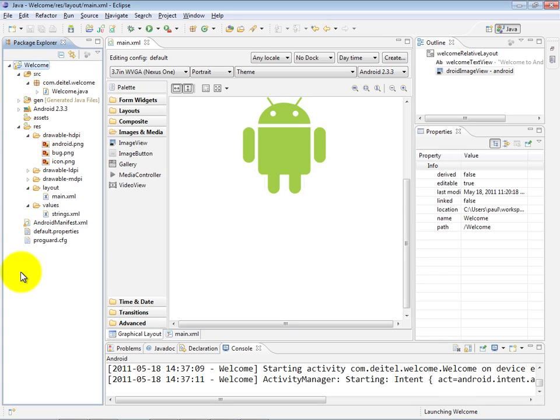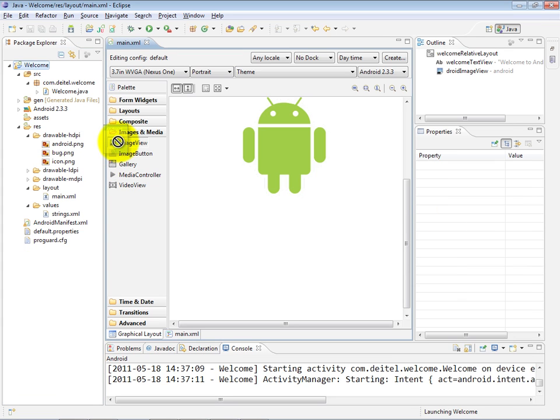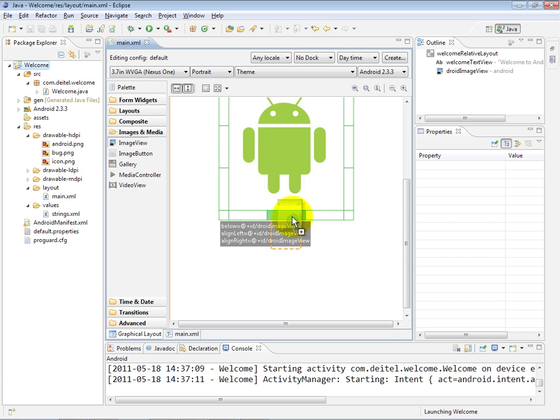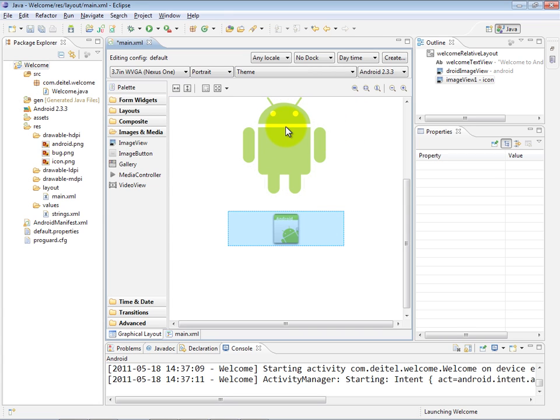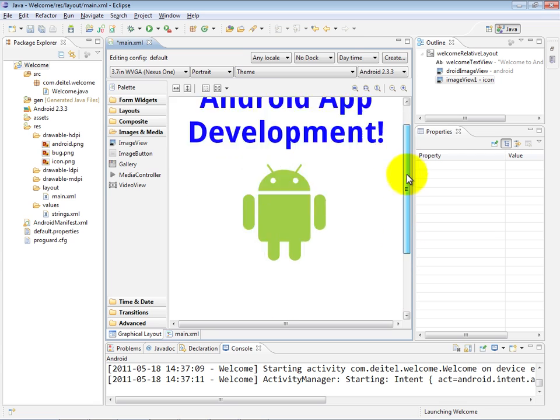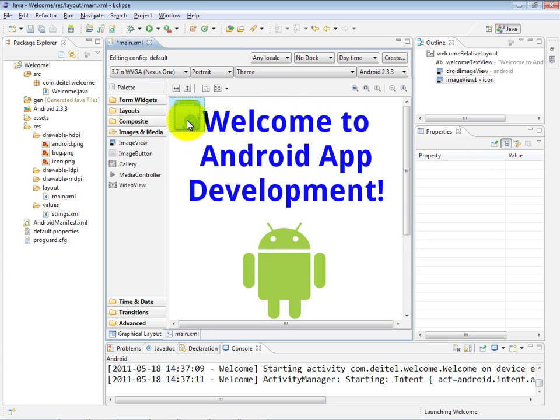And then finally, we wanted to repeat this step that we just showed you for a second image view. So if I go ahead and select the image view and I drag it over the Android object, I could say just by dragging it down here that I want it to appear below the current Android icon. Notice in this case that it centers it automatically on the screen, whereas if I delete that and then do it the way I did originally, in this case the image is currently in the upper left corner, and then